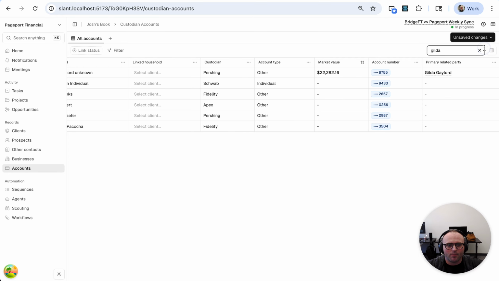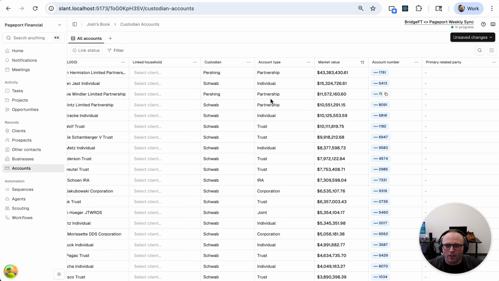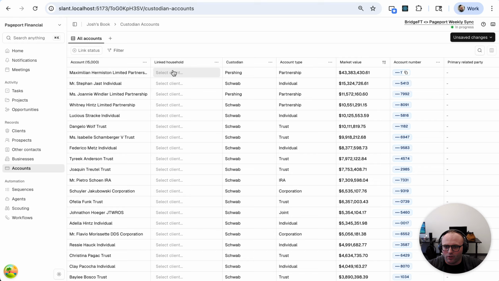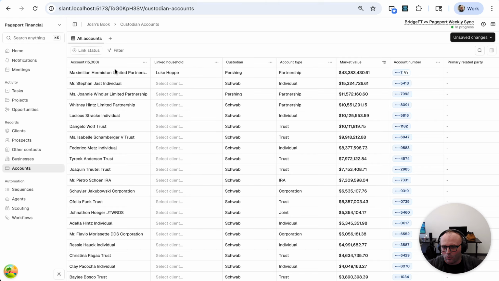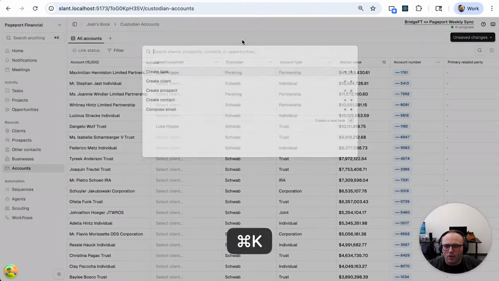So on this table, the idea here was to make it easy for you to go ahead and set which households own which accounts. So for example, if we say Luke Hop owns this $43 million one and this $10 million one, if we then go into Luke Hop,